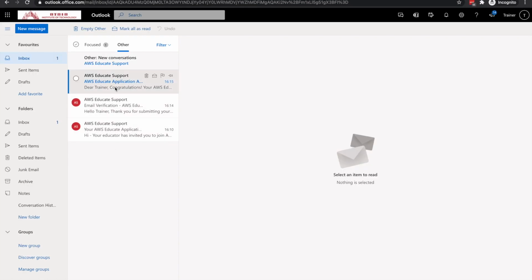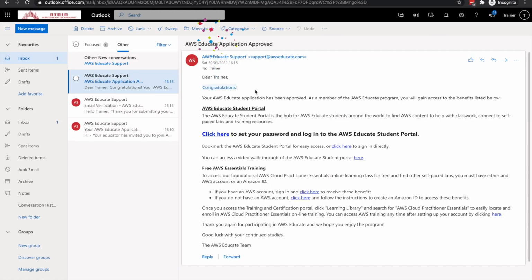In a minute or so, we will get another email that says "AWS Educate application approved." Once you have this, it means we are set for getting access to the AWS Educate account.